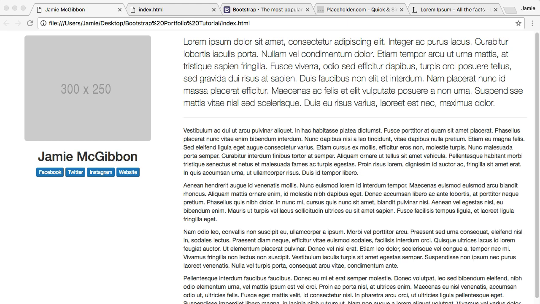We're going to be using Bootstrap to build a pretty basic personal portfolio style website, like the one that we see here. So we're going to have an image, our name, some social links, some header text up at the top here, as well as a body section where we can put text or images or any other HTML elements that we'd like. So in order to do this, let's jump over to our text editor here and see the files that